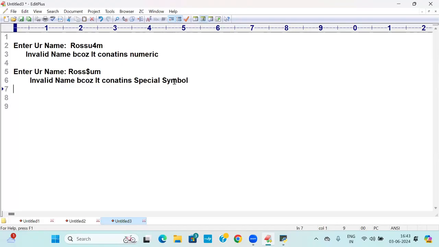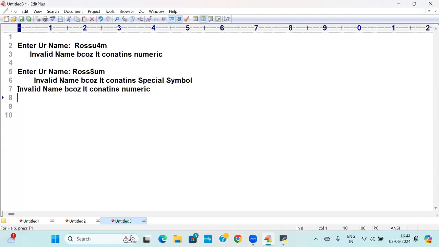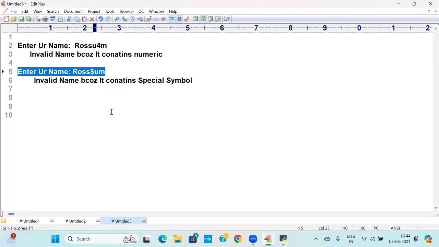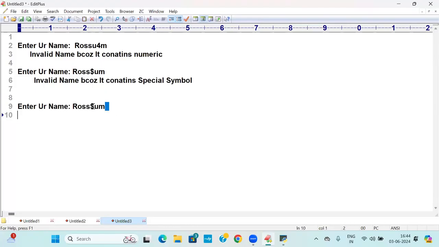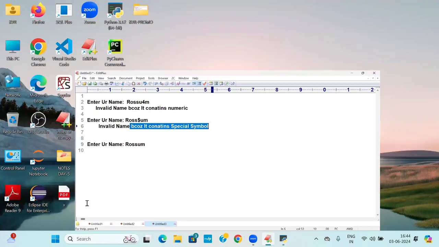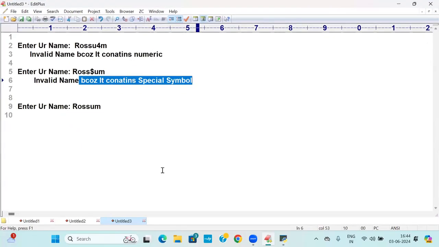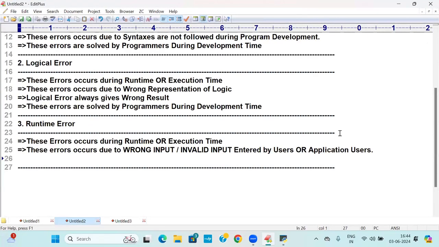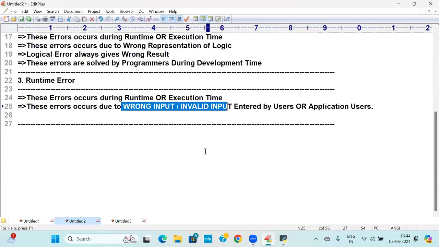Last and final, enter your name. I am writing row sum. Is it valid or not? If they enter something wrong, you have to go for validation. Validations are specially done with the exception handling concept, which is really important, students. These errors occur due to wrong input. Finally, by default, all the languages give